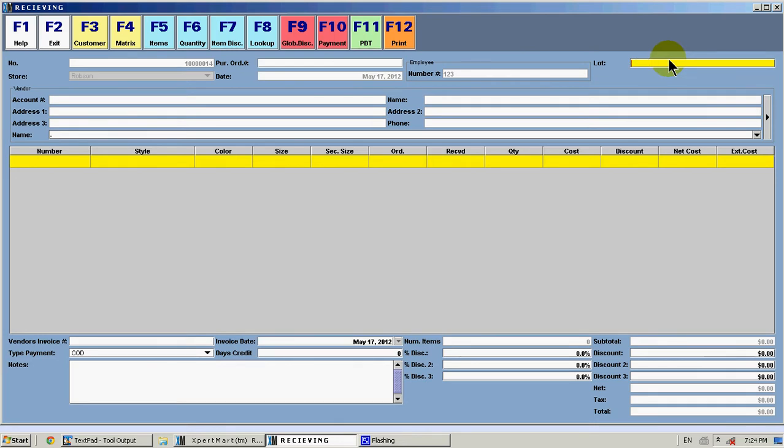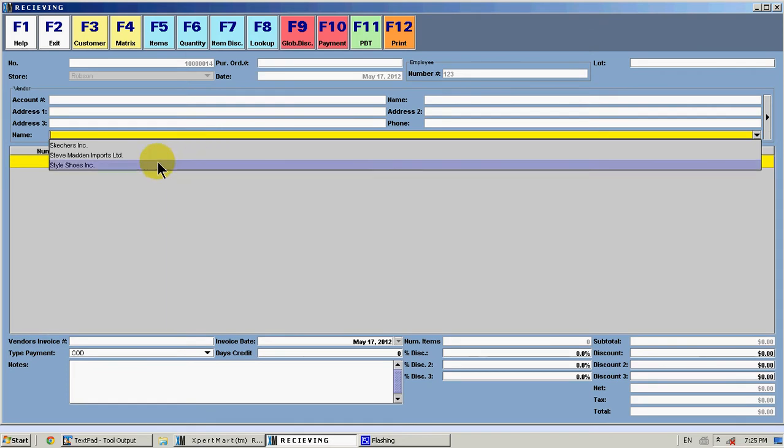It could be 45-67. It can have dashes in it. Any alphanumeric character. You want to stay away from really strange characters, but all your basic characters are fine to put the lot in there. And you would fill out, in this case we're receiving, and we'd fill out just as normal